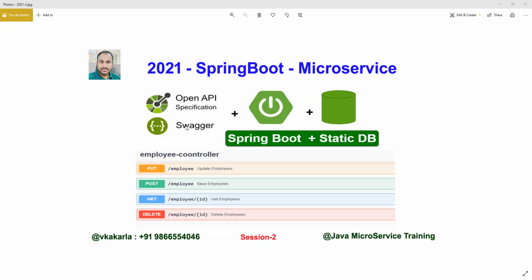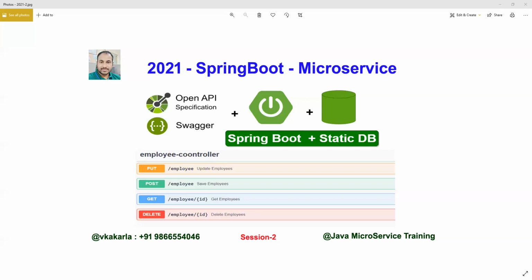So no need to add a Swagger docket and documentation all in our services. So directly Open API specifications we can use. So this is highly recommended in the industry. So Open API. Now we can see what steps we need to configure to document our employee service, or our Spring Boot microservice, right? So do you understand what I'm saying? Yes. Okay. So this is the simple documentation for RESTful services, and we can provide some documentation.